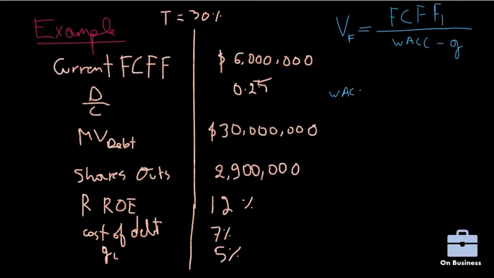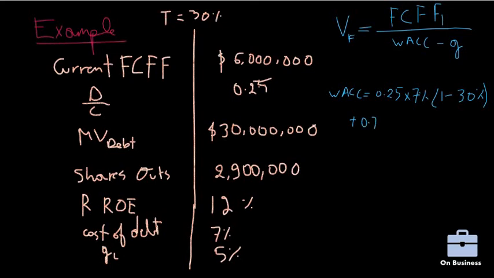the weighted average cost of capital. Since it's weighted, how much debt do I have? I have 0.25. That's the weight of the debt, and now I have to multiply that by the cost of debt, the after-tax cost of debt. So this is 7% into 1 minus 30%, because the tax rate is 30%. And since the weight of debt is 0.25, this leaves the weight of equity to be